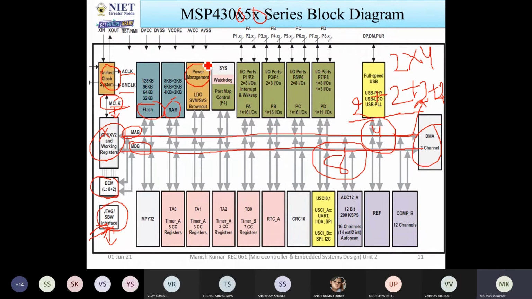This 5 volt is not required for all the peripherals. Some peripherals may require 2 volt, and some require 4 volt. So this is responsible for providing power to all the systems, and it also generates a supply voltage for the core logic, which means for the CPU.